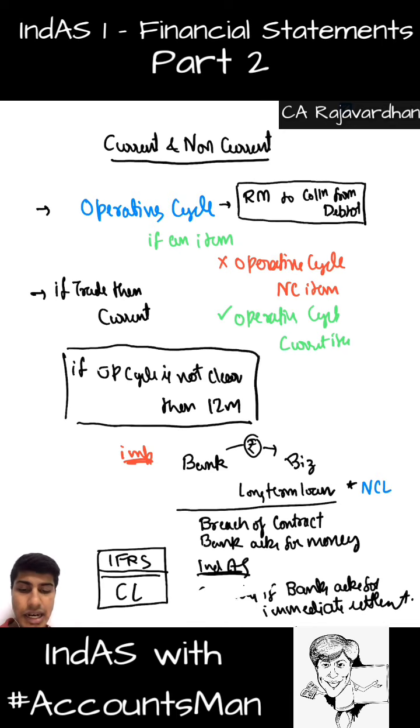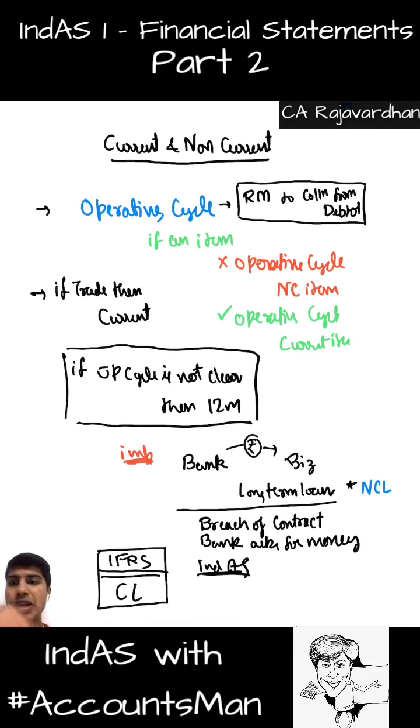So usually under Ind AS, this particular liability for breach of contract will be regarded as a non-current liability only, except in the case where that particular breach cannot be made good, we appeal to the court and the court also says no, only then it will be considered a current liability. So mere breach of contract and notice by the bank will not make a non-current liability a current liability. It will remain as what? It will remain as a non-current liability only. This is an important point that we need to note. Yes, I hope you understood till here.